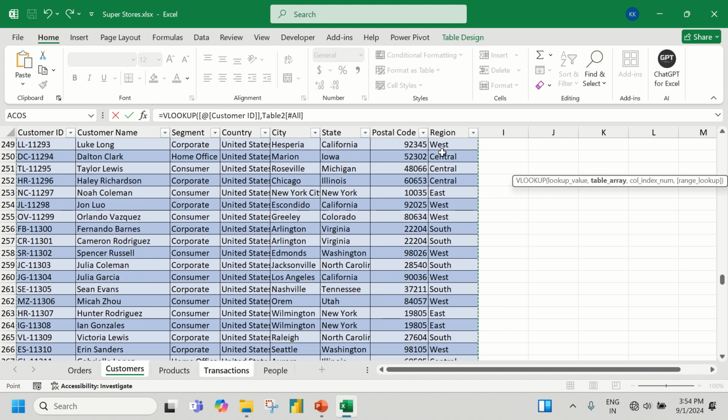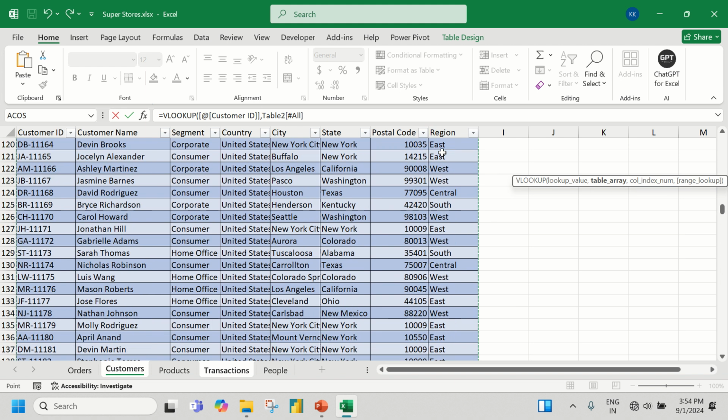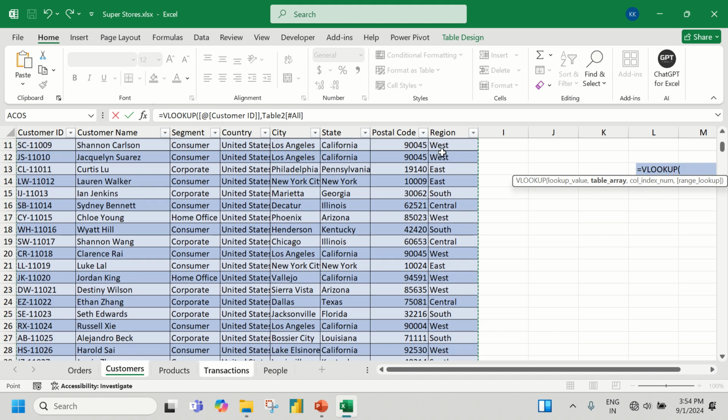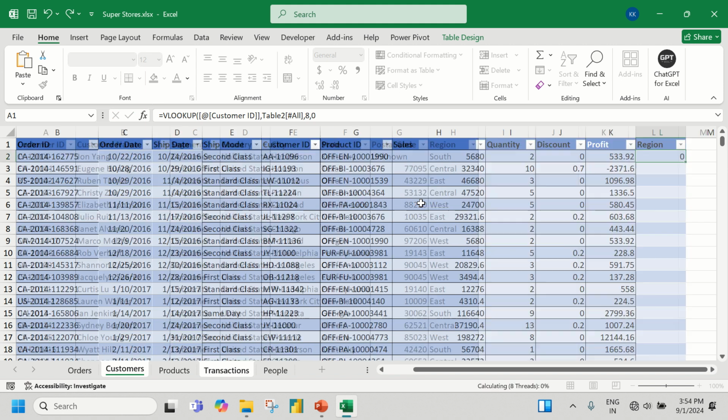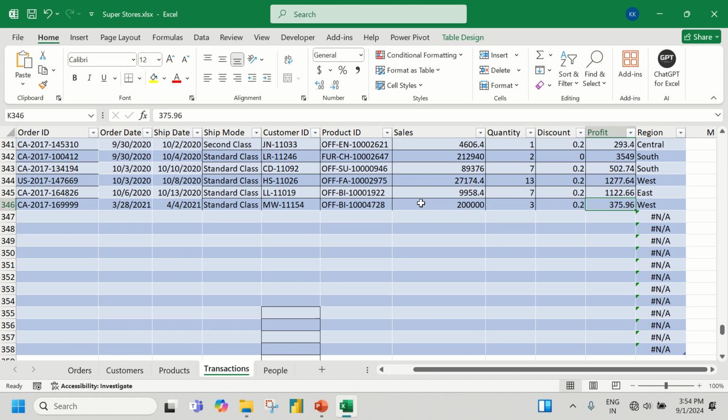In which column is the customer region present? H. What is the column number of H? Column index number for H, region, is 8. Which type of match? Exact match. If I do that, then I'll get,